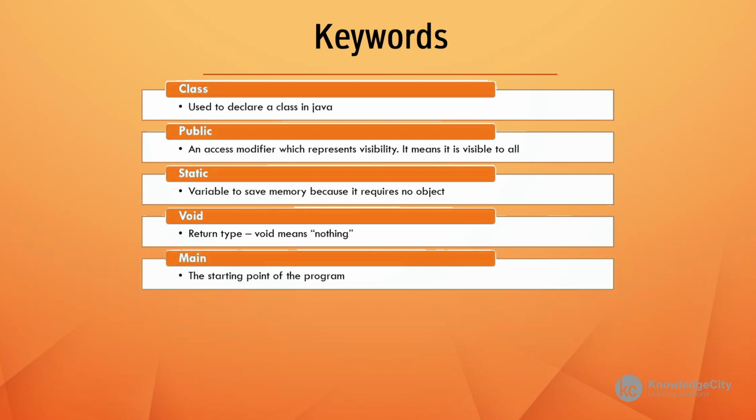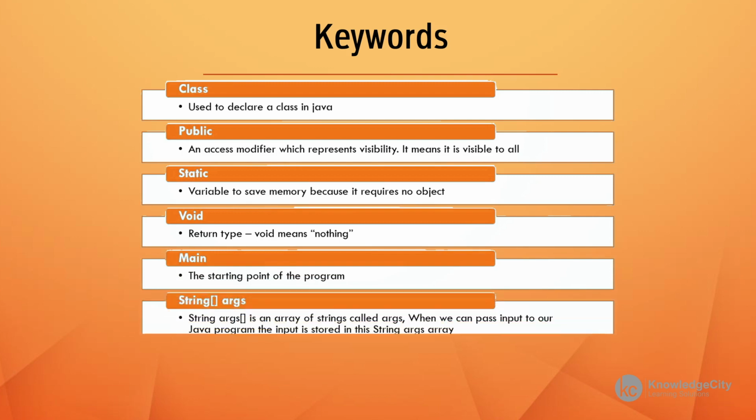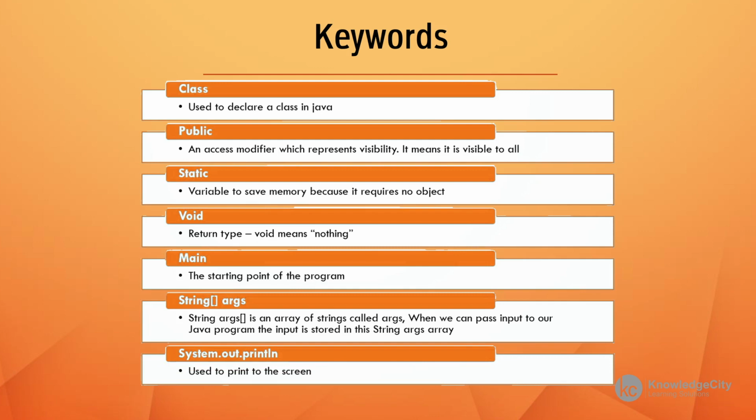The main keyword is the starting point of our program. We'll learn about string arrays, and we'll call them args because everybody else does. And we can pass input to those string arrays in our Java program. And last but not finally, we'll learn about the system out print line, where we'll be printing information to the